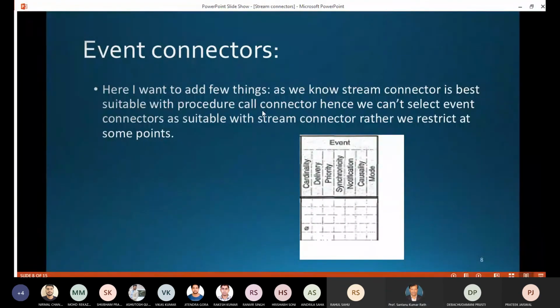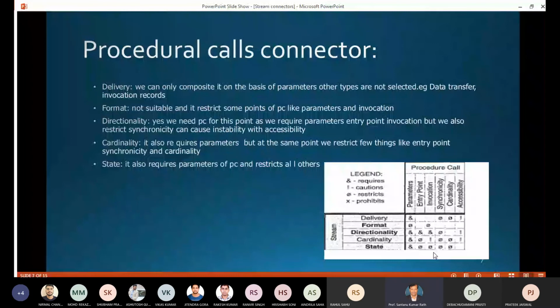The event connector is also like procedure calls, but it is for some different kinds of things, like producers, observers, event passers. So that's why we don't need the event connector for stream connectors, because all the requirements of stream connectors are completed in the procedure call itself.